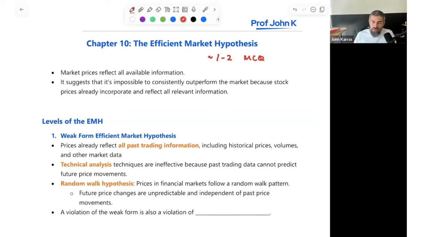You've all seen stock prices before, right? If you think about a stock price, it's changing every second. Why is it changing every second? Because the supply and demand for that stock is constantly changing as a result of information, right? So when good news comes out, there's a lot of demand for the stock and the price goes up. When bad news comes out, there's a lot of supply for that stock, a lot of people selling it, so the price goes down. So an efficient market is a market price that reflects all available information.